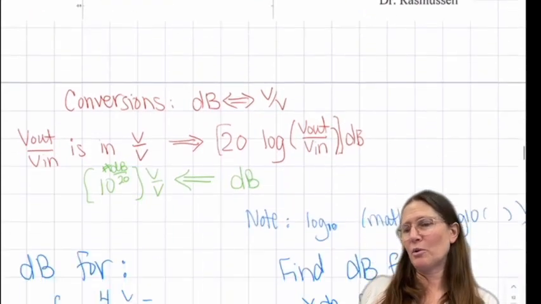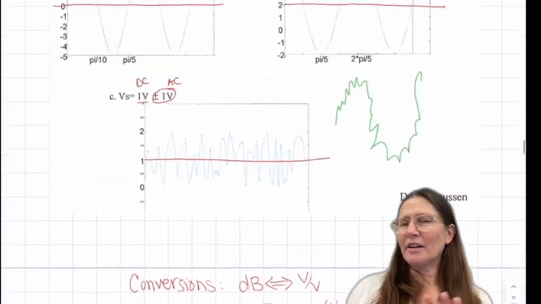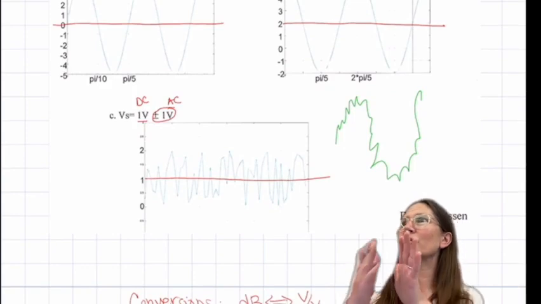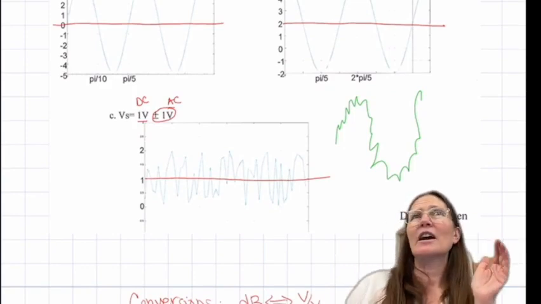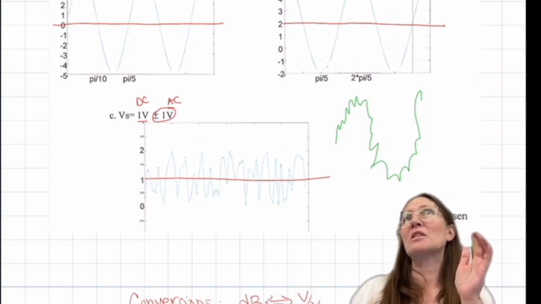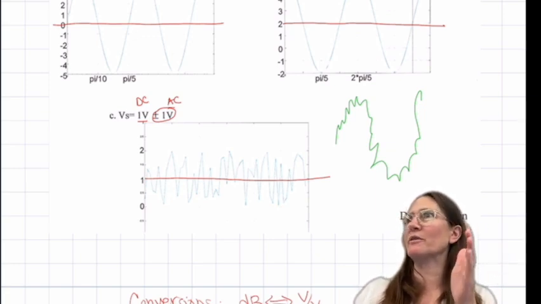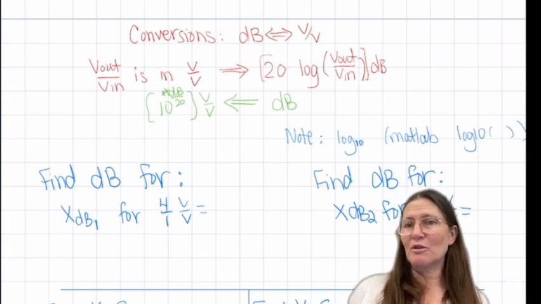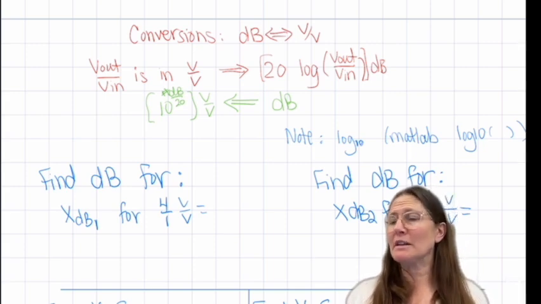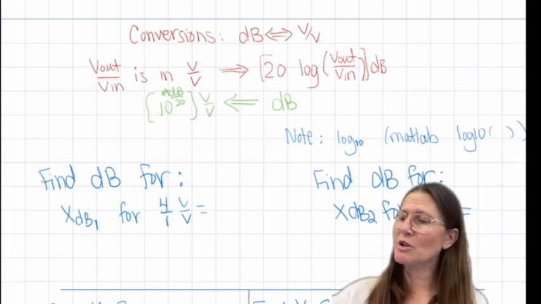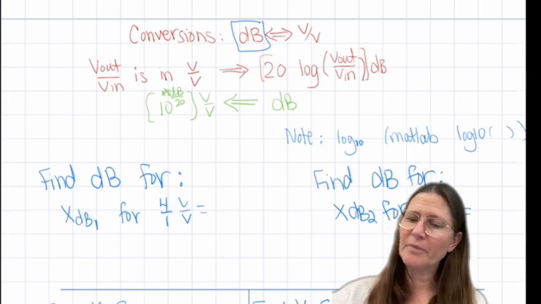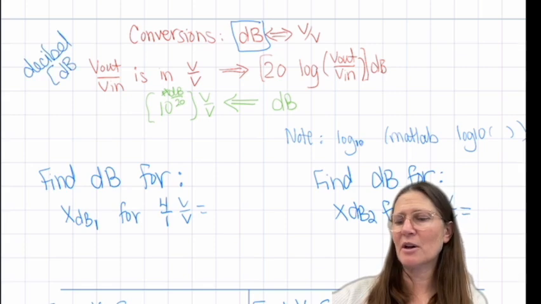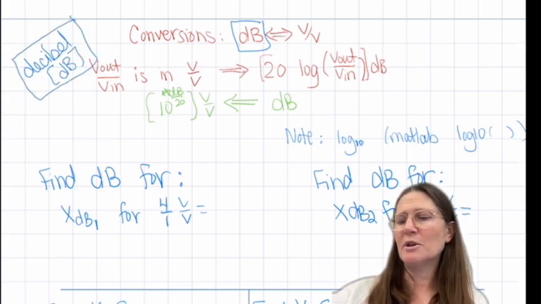Okay, so the next thing we need to understand: now we're going to talk about signals as far as specific frequencies and limitations that a circuit may have with specific frequencies. To do that, we're going to work on being able to draw what's called the Bode plot. And to do that, you need to know a new term called the decibel. So this unit, decibel, is dB,